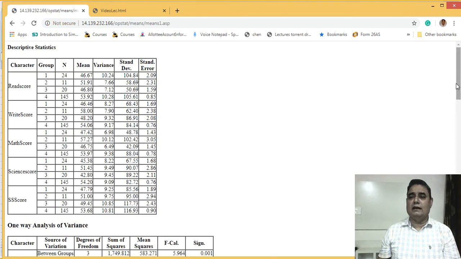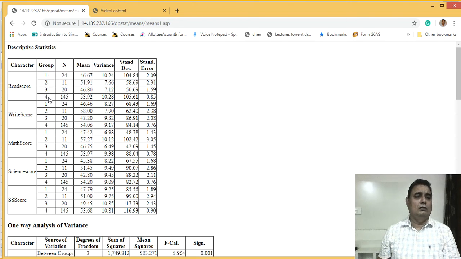So in the analysis part, you will see this is descriptive statistics. Here group 1, group 2, group 3, group 4, and their numbers. How many persons belong to group 1, that is 24, 11 belong to the second group, 20 belong to the third group and 145 belong to the fourth.